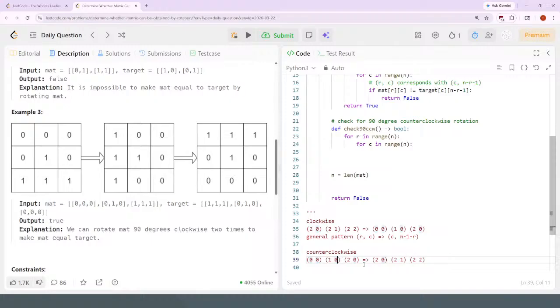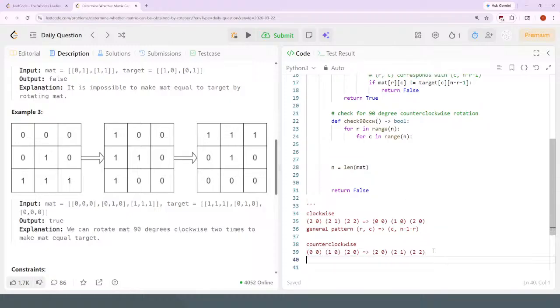Column matches with the row constantly. And as the row increases, the column increases. So I think here the pattern is